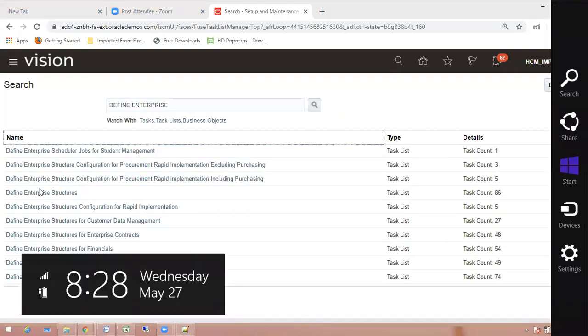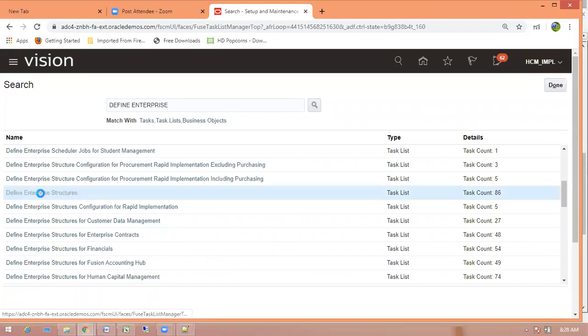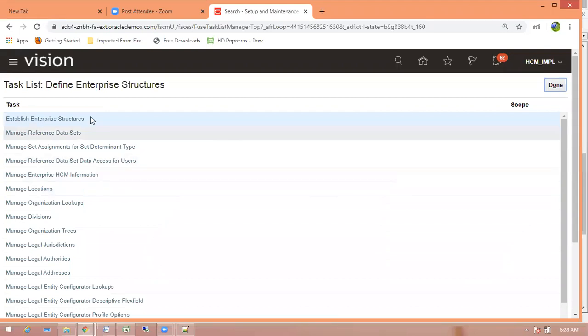No, in 20B something's removed, right? Before, I would give Manage Fast. Now they just type removed fast. That is the reason I need to type with this one. See, you can see, right? Establish enterprise structure. See, these are the list of tasks to be done.